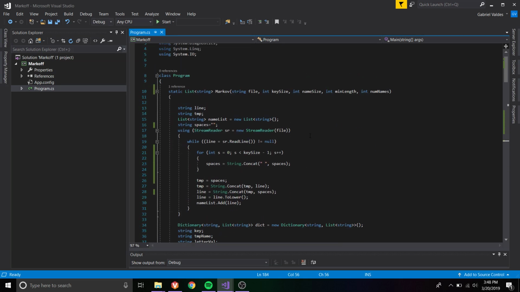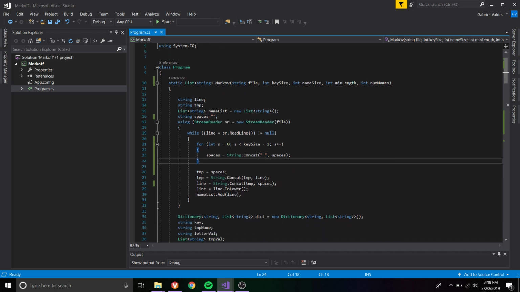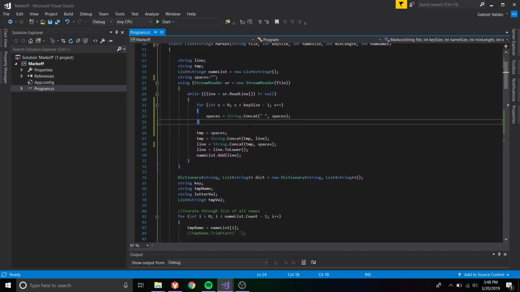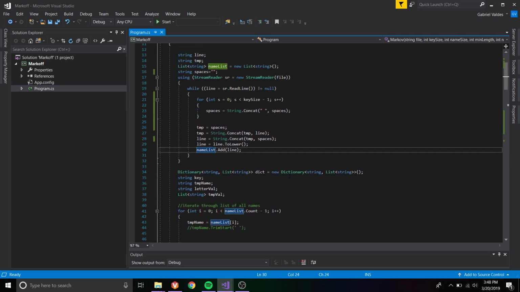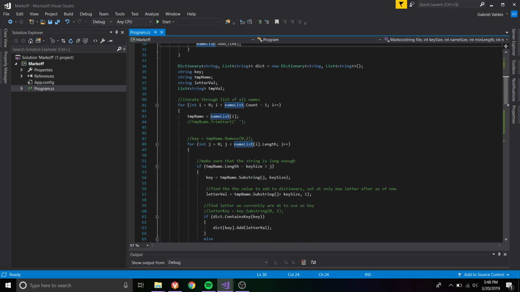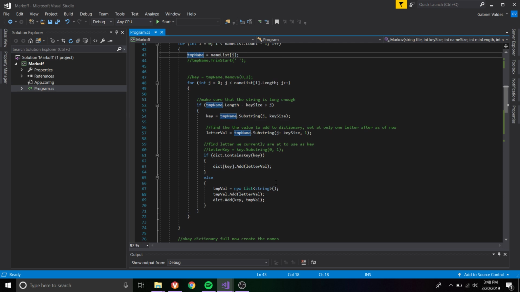Alright, so you can see, first I concatenate the spaces in the front and the end based on the order, and then I add those to this big name list, right? And then I go through the name list and get a substring of it based on the key size. So for second order or third order, it would be like 3 of the letters, right? And then I basically find the letter before it to add